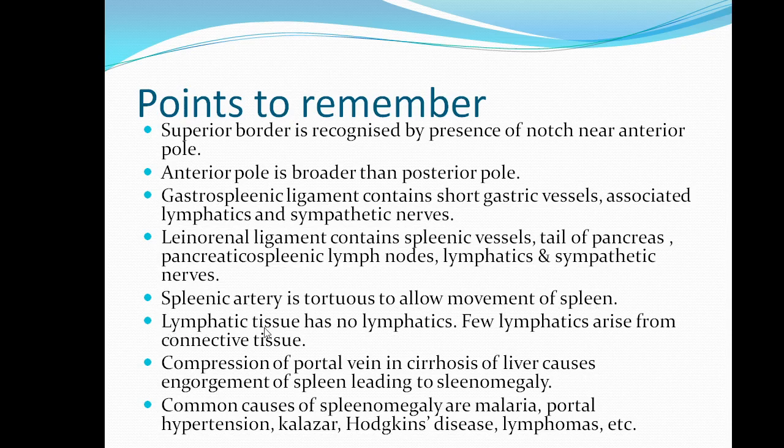The lymphatic tissue of the spleen has no lymphatics. So whatever lymphatics are seen, they arise from the connective tissue only. The compression of the portal vein in cirrhosis of the liver causes engorgement of the spleen, leading to splenomegaly. The common causes of splenomegaly are malaria, portal hypertension, kala-azar, Hodgkin's disease, and lymphomas, etc. So that is all about the